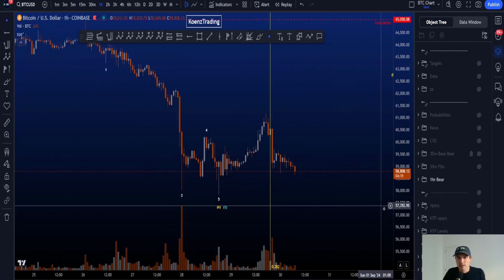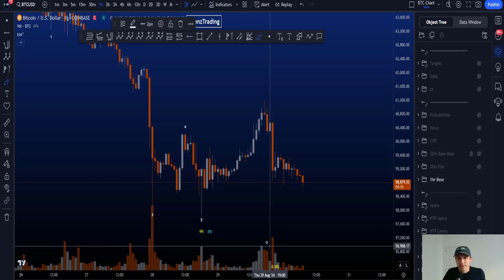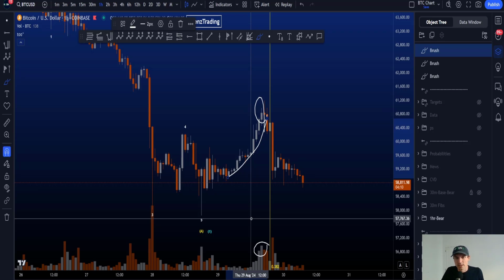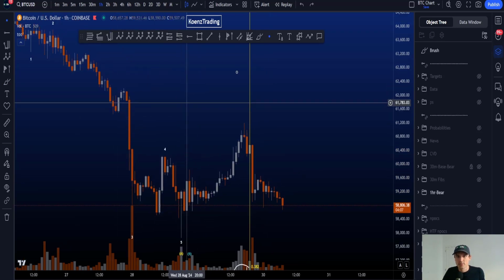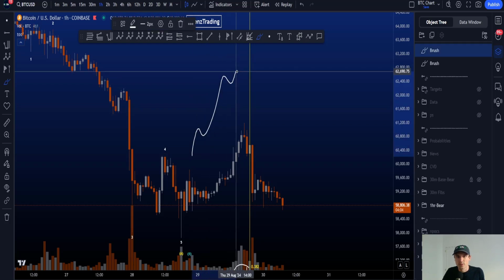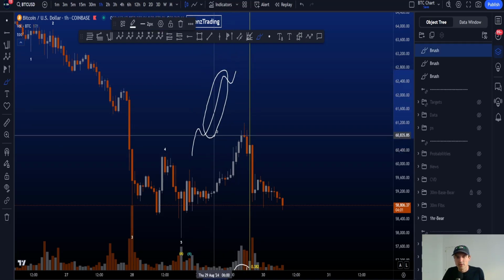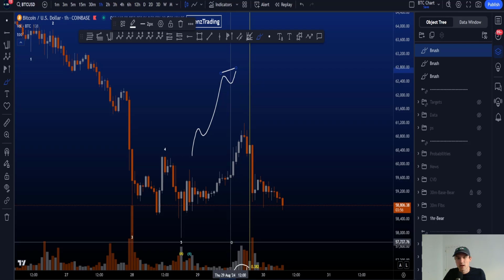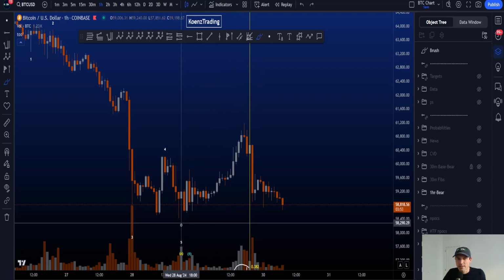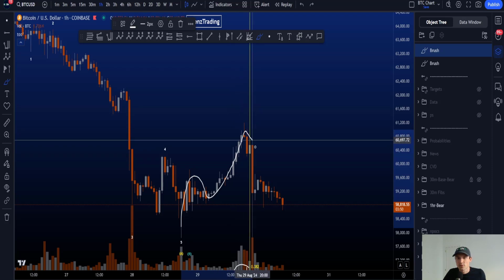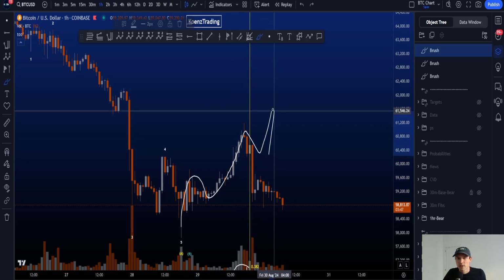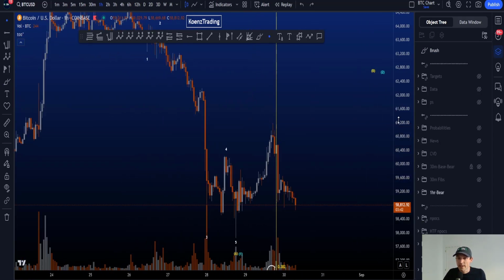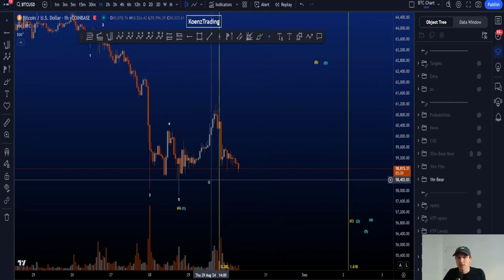What is also interesting about this 3-wave structure to the upside is that the high was made on the highest amount of volume in the local trend towards the upside. Now, if we think about impulsive structures, we look for 1, 2, 3, 4, 5, and most commonly the highest amount of volume is in your wave 3, then you get a 4 and another 5 to the upside, making a higher high on a lower amount of volume. In this case, we never got a wave 4 and a 5. Higher probabilities, this is a 3-wave structure, which therefore automatically increases the general probabilities for price to sooner or later